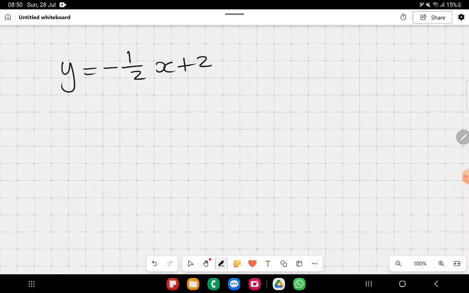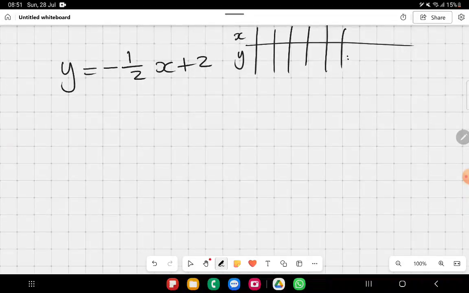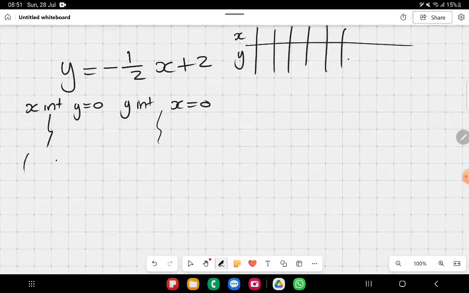The first one is the table method. In the table method, you are given x coordinates and then you solve for y, and then what happens is you plot x, y, x, y, x, y, x, y. The other way that you can do it is what we call the dual intercept. So that's when you say x-intercept y equals 0 and y-intercept x equals 0. And then you solve for x, you solve for y, and then you got two sets of coordinates and you plot it that way. But this question specifically wants you to use the slope